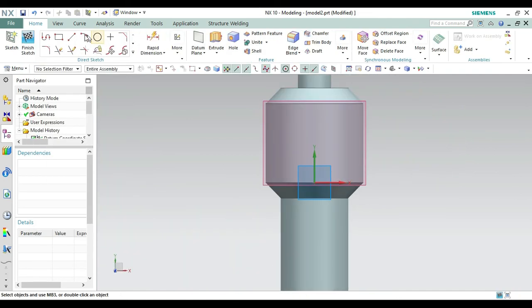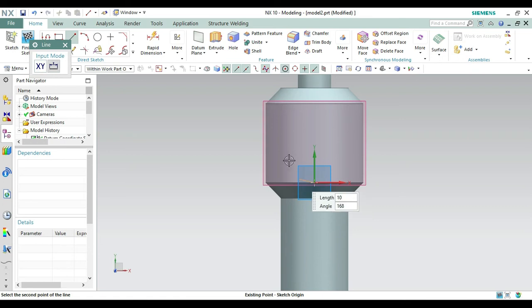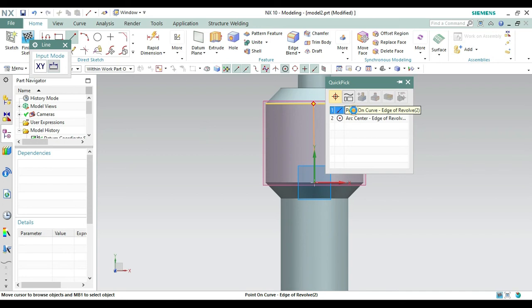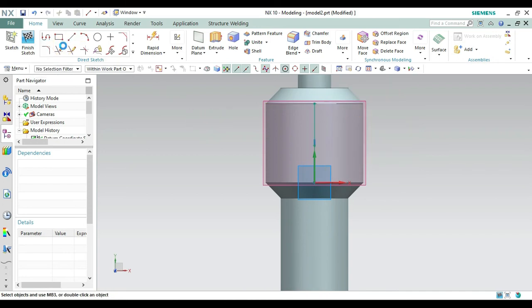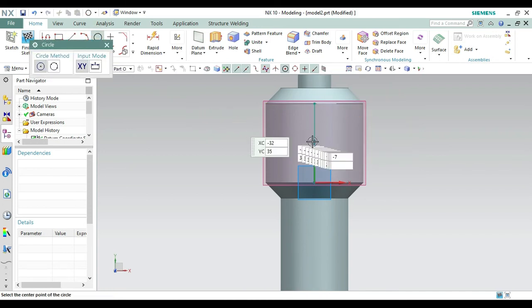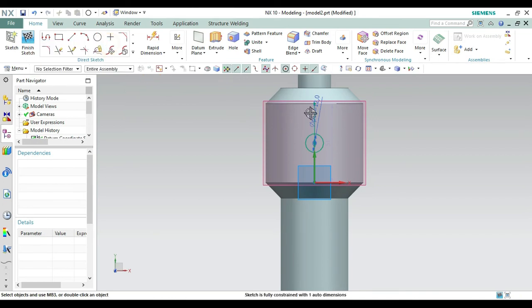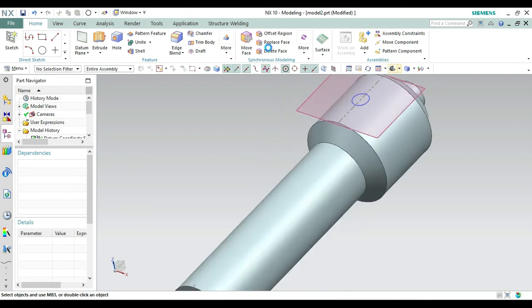Now first, with the help of the line command, taking this line command again, and now selecting again. Taking this as a point, create a line to the midpoint of this. Okay, like this one, point on arc like this one. Now we have to create a circle from the center of this line, from the midpoint of this line, with diameter 12, like this one. Now let's convert this line to reference. Click on this, here you will get an option of convert to reference like this one, and now finish sketch and bring it to isometric view from here like this one.